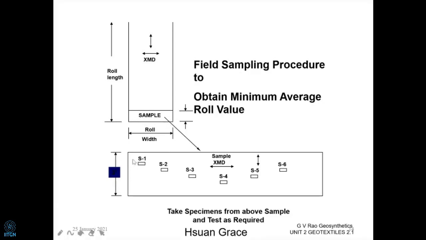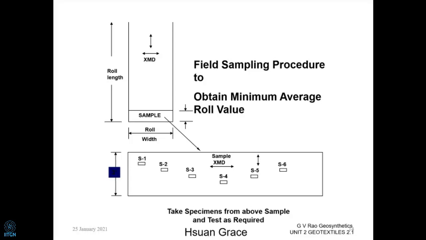And in this full width, if you spread this entire thing like this, we are going to take specimens in the longitudinal direction and also in the transverse direction. So we are going to spread them along the length and breadth of the sample we are going to pick up. And in both directions, because the strength and properties may vary from one direction to the other. So we pick up samples in the cross machine direction and in the machine direction. So we'll see that it is done.